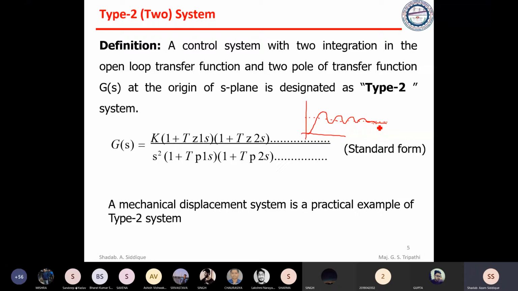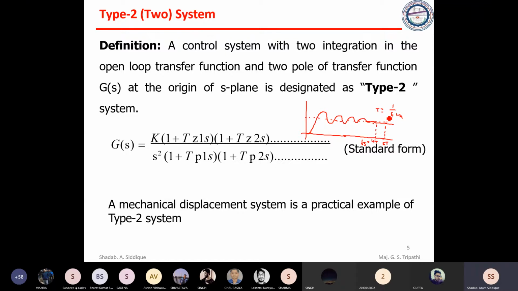And we went through the error also. For 2% error, the settling time is 4T, and for 1% error it is 5T. That is the steady state; to achieve the steady state is called the settling time, where T is the time constant, equal to 1 by zeta omega_n. So we can find out the time constant.